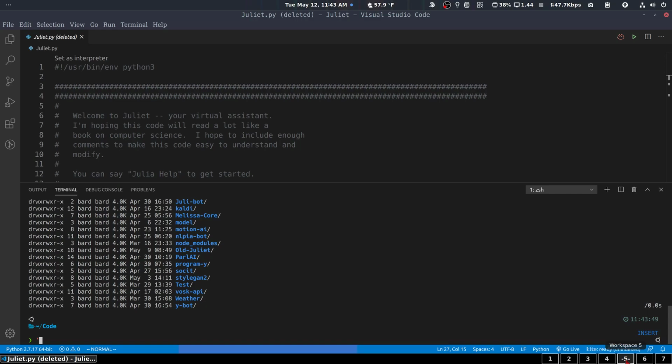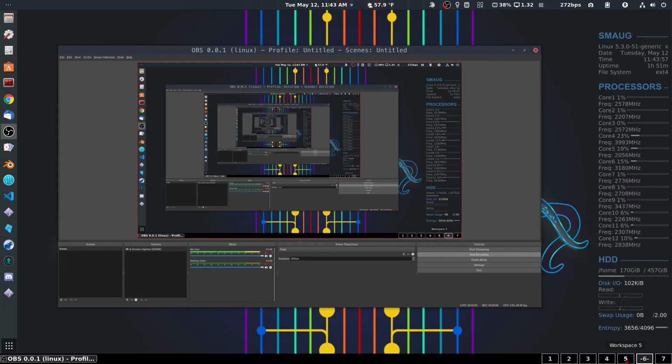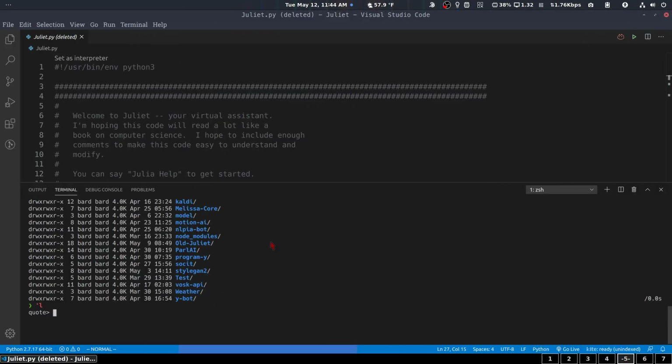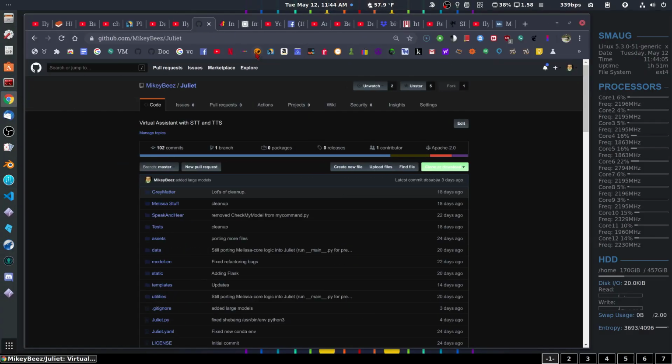And now if I go into my repository and I clone it, and I'm cloning it using SSH,